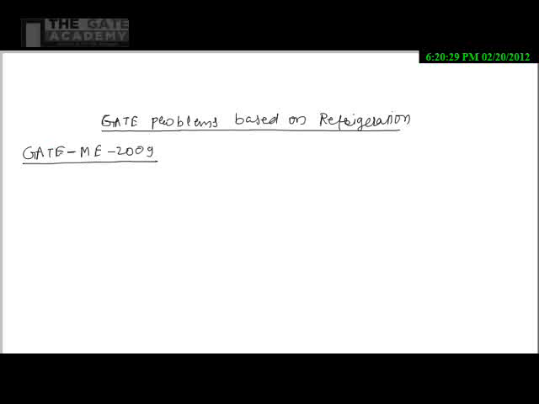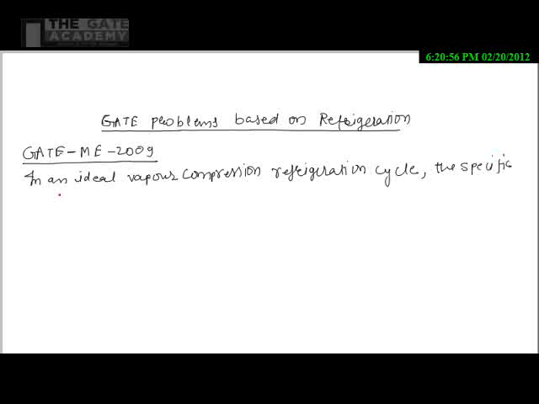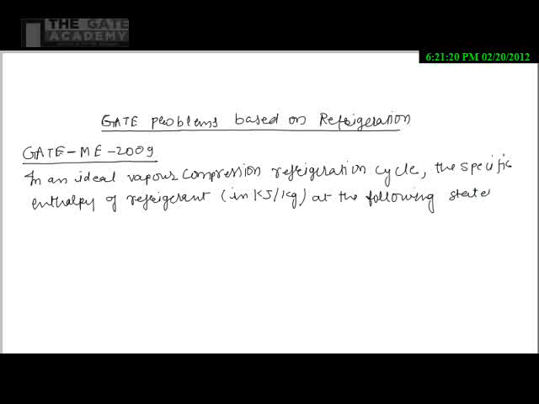In an ideal vapor compression refrigeration cycle, the specific enthalpy of refrigerant in kilojoule per kg at the following states is given as